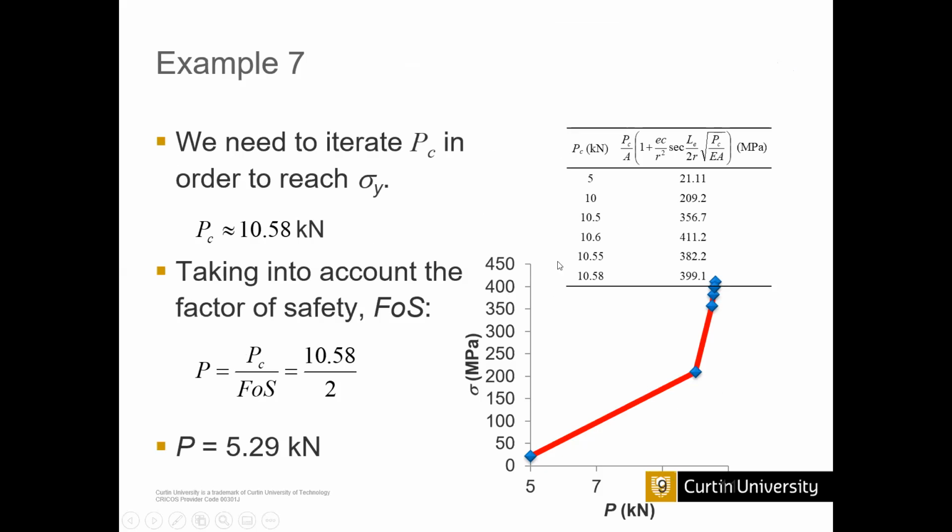If you know the equation, you just substitute the PC value into this equation and find out the different values for the stresses. When we change the PC value, that means the load value, you see how the stress from the secant formula varies. So you can see, in here you can't easily get the exact answer. So what you need to do is find out the